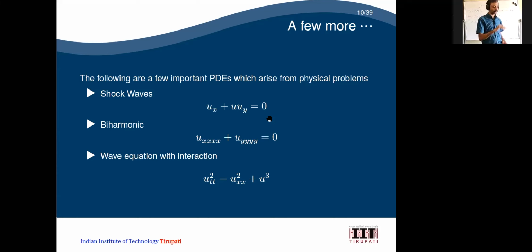Wave equation means, for example, you take a violin string or a guitar string and make some disturbance in the string. Then it is going to produce some sound, A sound or B sound, whatever you call it. That sound is covered by this wave equation. Similarly, you take any kind of string and make some disturbance, and that is the basic idea behind the wave equation, with some interaction if you want to include that also.